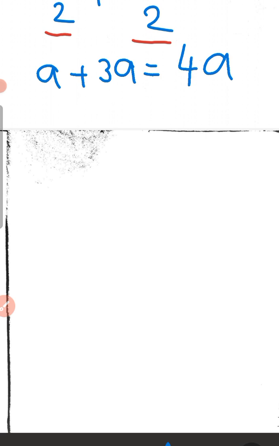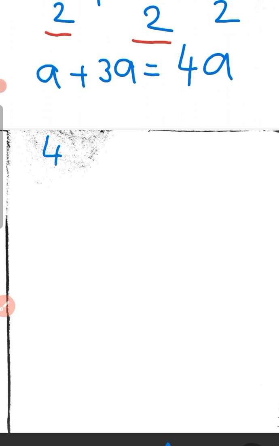You already learned about simplifying expressions അല്ലേ? അപ്പോൾ അതിൽ a plus 3a എന്ന് പറഞ്ഞാൽ എന്താ? a means 1a. 1a plus 3a is 4a. So the answer is 4a by 2. Write the same denominator. Don't add the denominator.